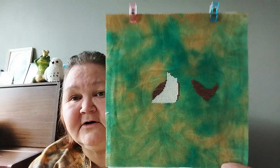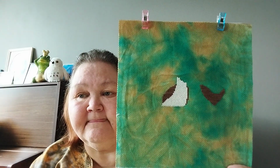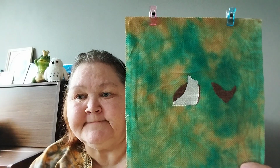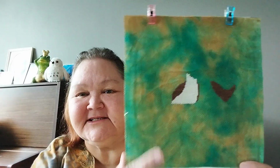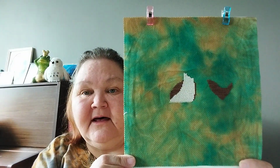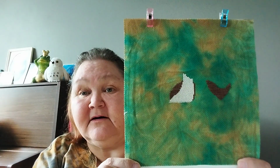The Beach Dance has been part of 2 acrostics. And I guess it would be the letter B, because it's Beach Dance. So yeah, I just love the fabric, it is Aida, 18 count, and I wanted something more than just a plain color to be behind the birds. This has Weeks Dye Works, and